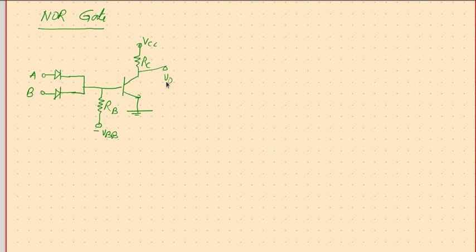After looking at the implementation of NOT gate and NAND gate, now let us see how NOR gate can be implemented. The NOR gate can be implemented using a DTL circuit as shown. Now the two diodes are in the opposite direction as were used in NAND. Now how do they make the difference? So let us check out.